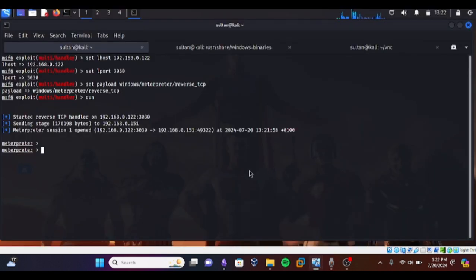You can see we are connected to the Windows machine, and we can type in sysinfo.